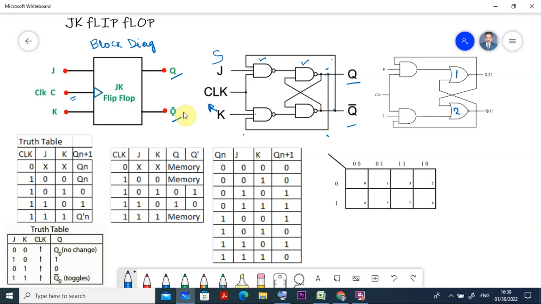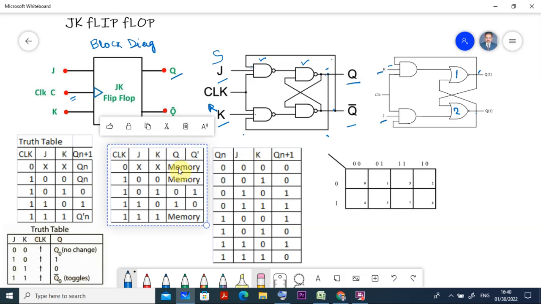Here, directly, this is connected to K and this one is connected to J. It is a polarity change: initially it was J and K, here it became K and J. You know this because in our SR also, when using all NAND gates it is SR, and if using NOR gates it becomes RS. With this principle, we have connected it.